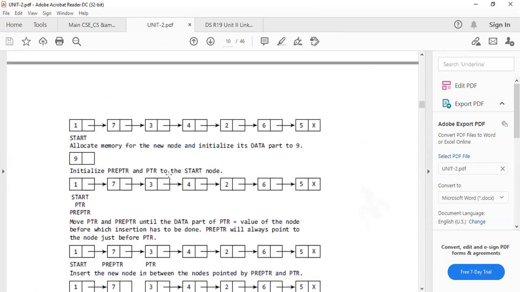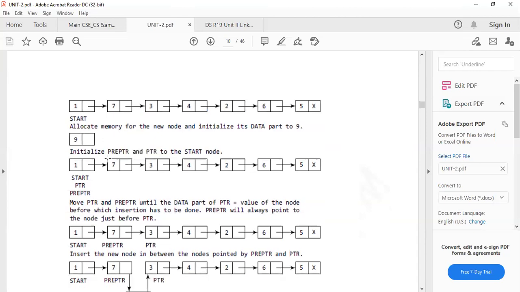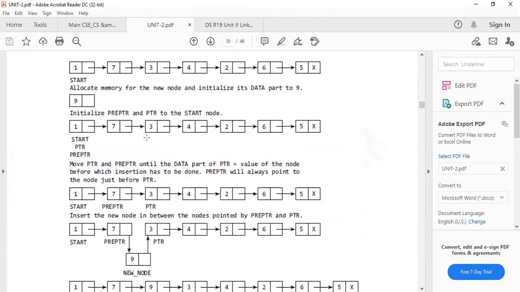For example, see here, 9 is there. I want to add the value 9 after 7 and before 3.